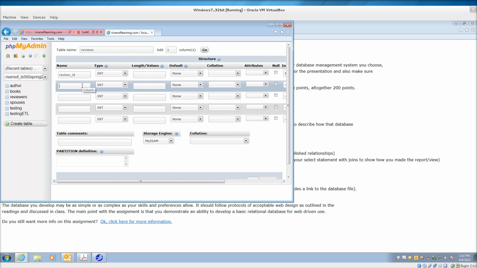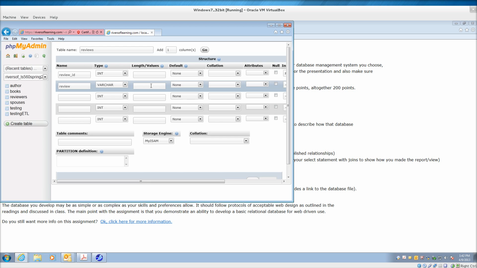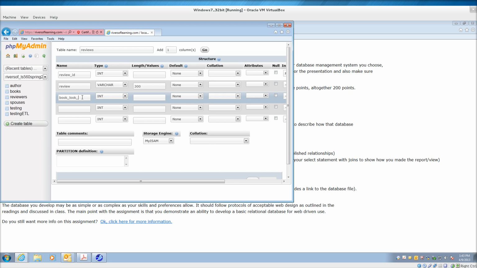The next one will be the actual review itself, and that's going to be varchar. We'll say 300. These are summary reviews, so we're not going to go into great detail here. The next column is book ID. Instead of calling it book ID, let's call it book lookup ID, and that'll be